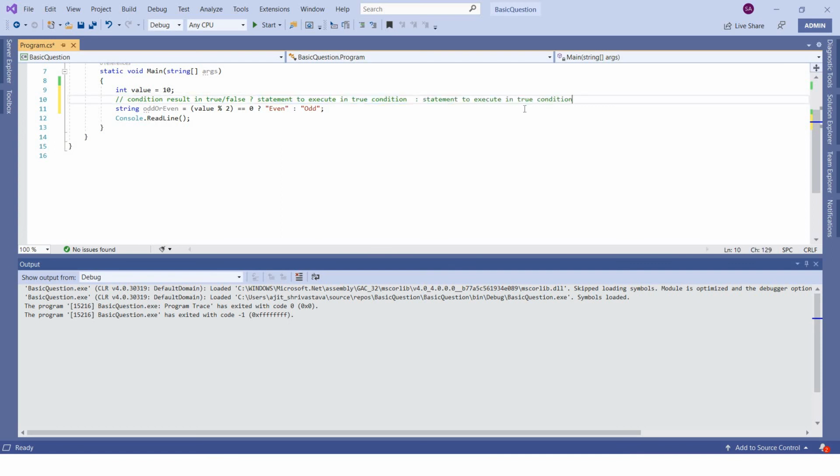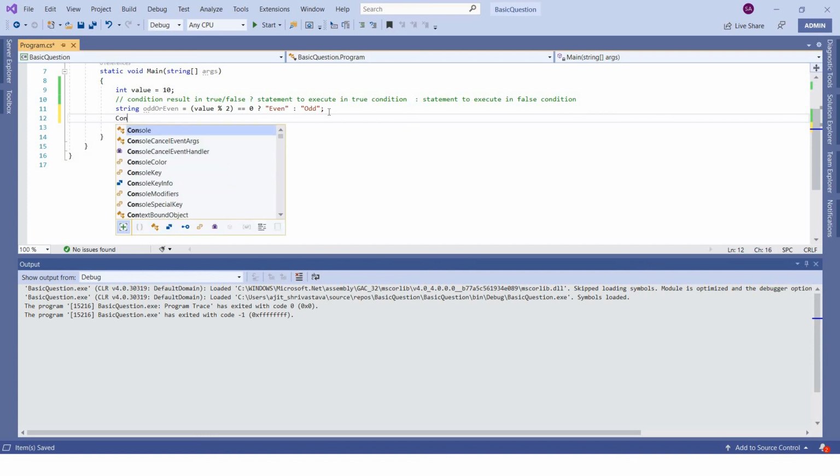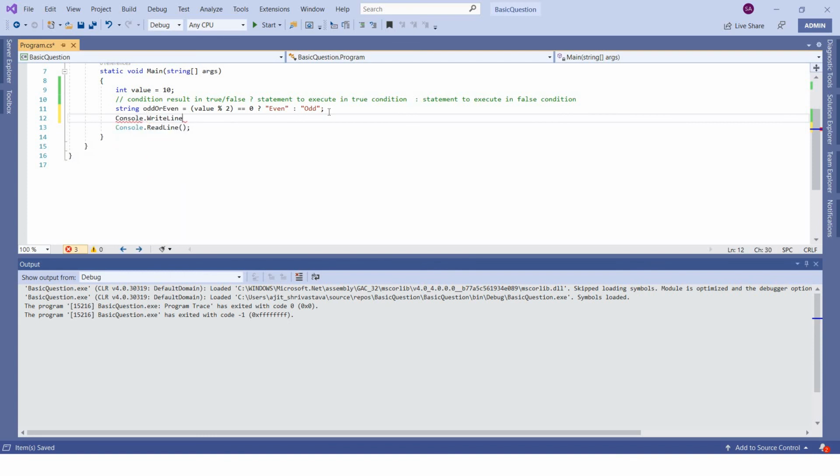So it's as simple as this. So odd or even will get the value. Now you can simply print it. It will take the number 10, and do mod 2, as I told in the previous demonstration.